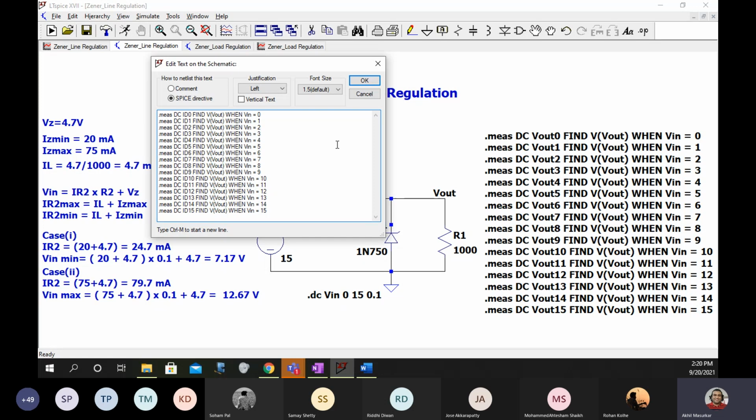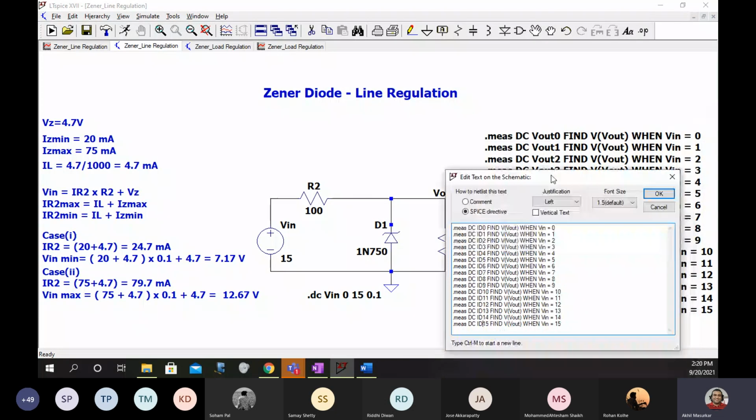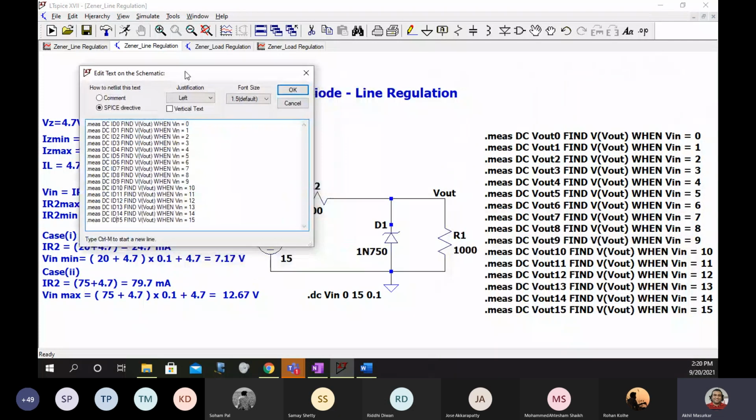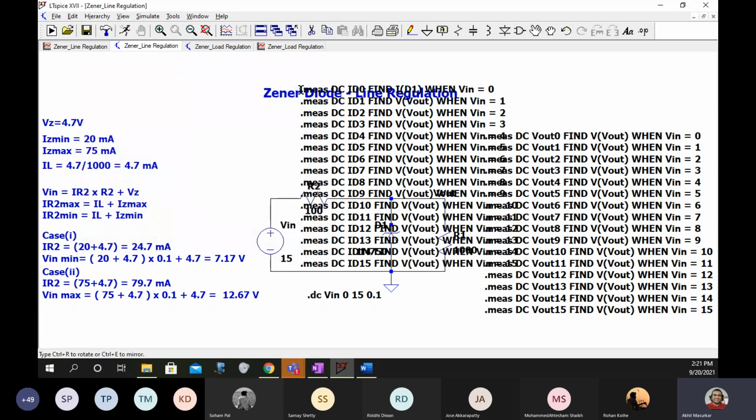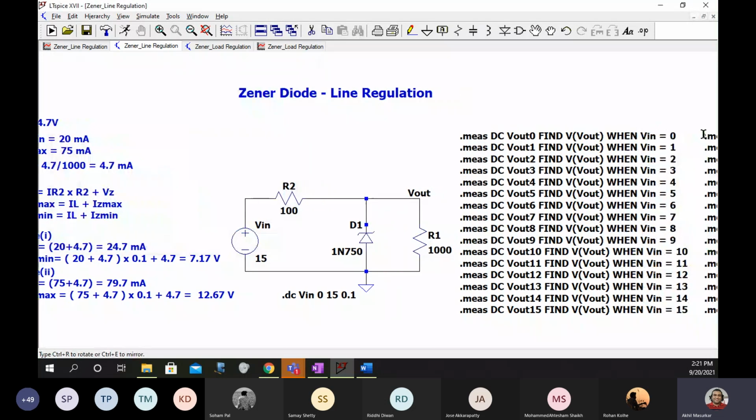Somewhat like this, and find the value of, we want the current through the diode, so that is I of D1. So we'll just quickly see whether this thing works or not.